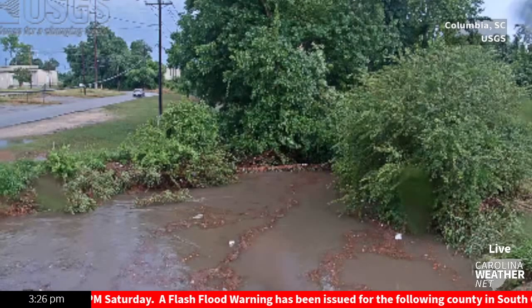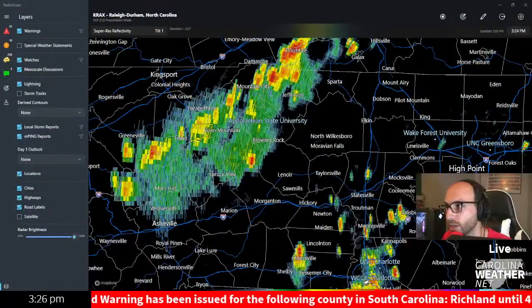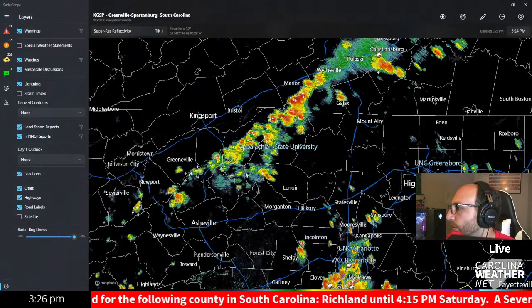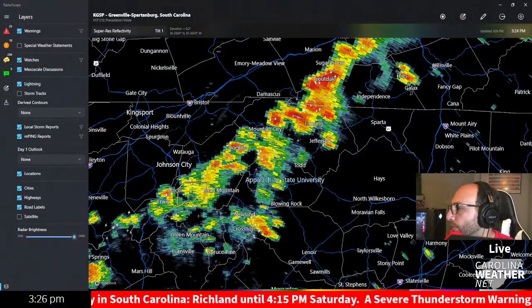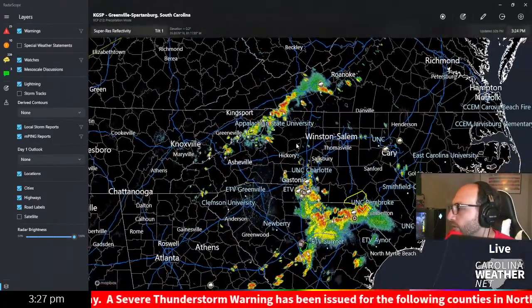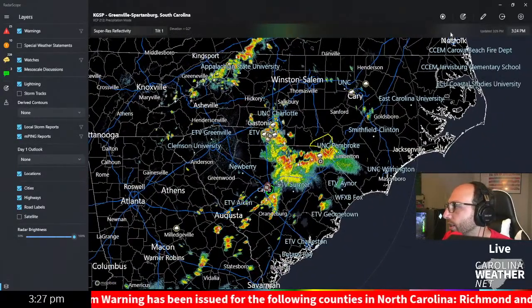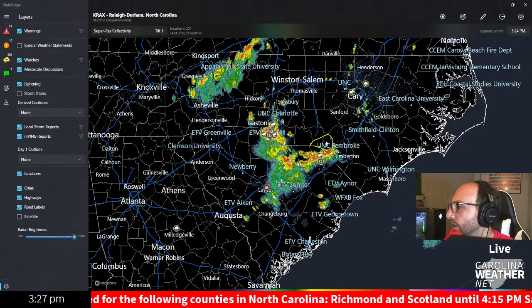Let's pop you back out to radar scope, take a look elsewhere around the region right now. You can see up in the western North Carolina mountains, if we switch over to our Greenville-Spartanburg radar, we do still have scattered storms out along the Tennessee border, up along the ridge. So if you're anywhere near Roan Mountain or App State, Blowing Rock, even up towards Virginia, we do have scattered storms associated with the storm system and the storm threat today too. Right now across the Triangle, things are quieter than they are other places across the Carolinas, but what we're going